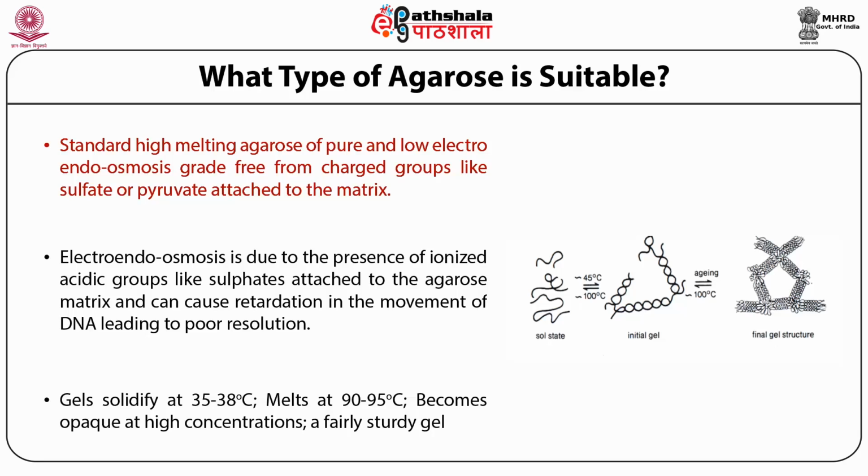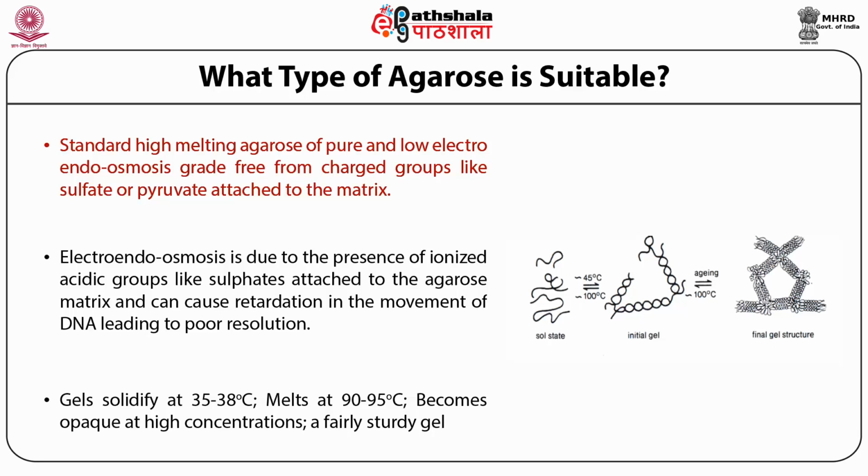25 kb. Second is the low melting agarose. It is ideal for applications that require recovery of intact DNA fragments after gel electrophoresis. It has been modified by hydroxymethylation and, as a result, has a low melting point. Duplex DNA generally melts around 90 degrees Celsius, and this type of agarose has a melting point centered around 65 degrees Celsius. This particular feature allows for the rapid recovery of intact DNA.